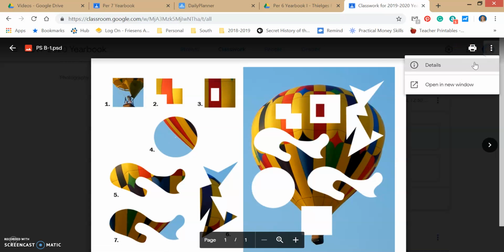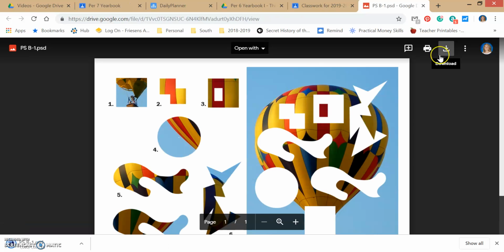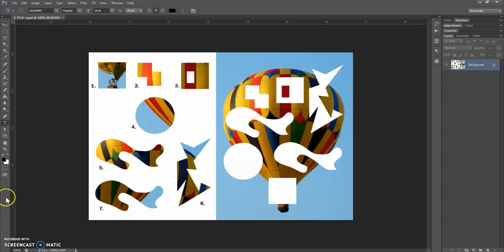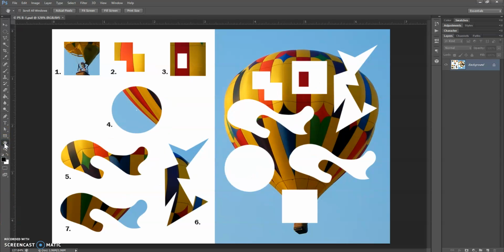It looks like a puzzle with a hot air balloon. So as this is downloading and you're getting it open in Photoshop, I'm going to talk about what selecting pixels